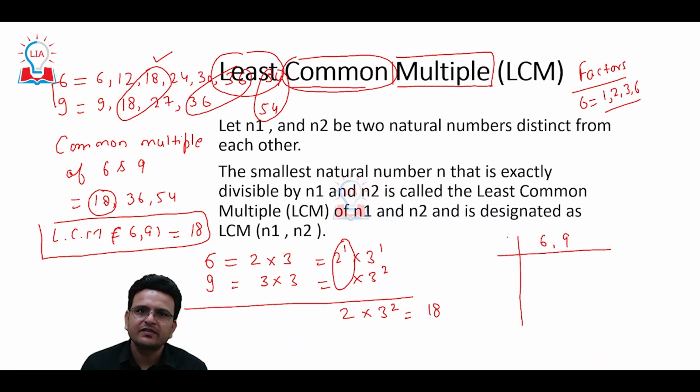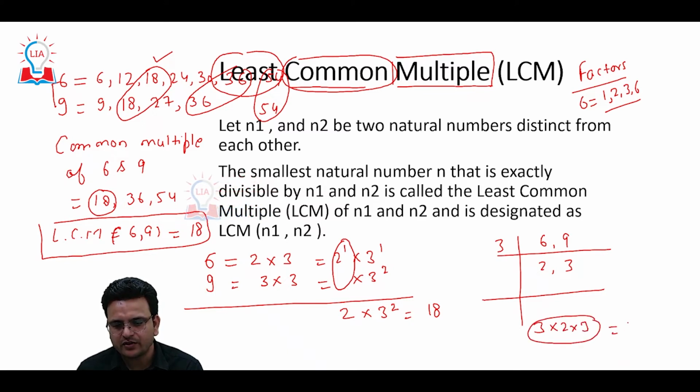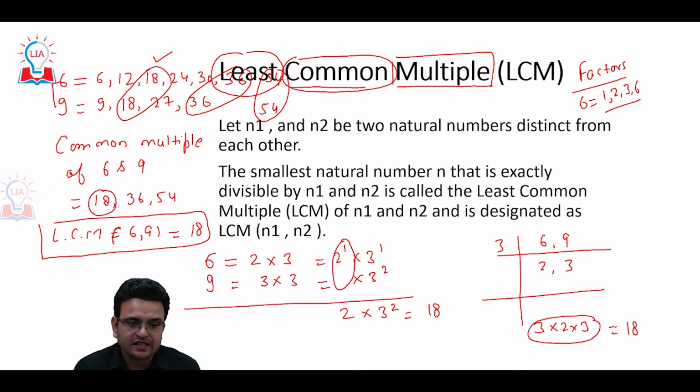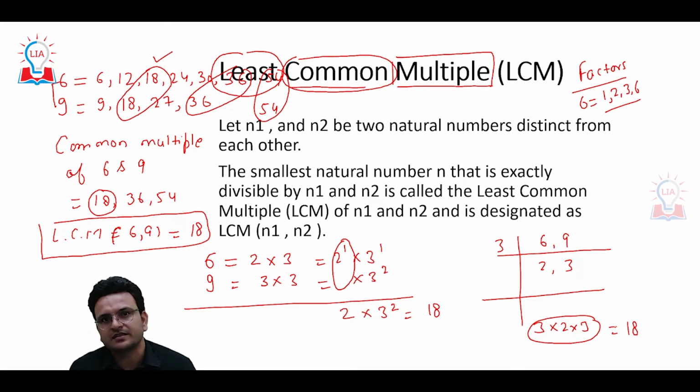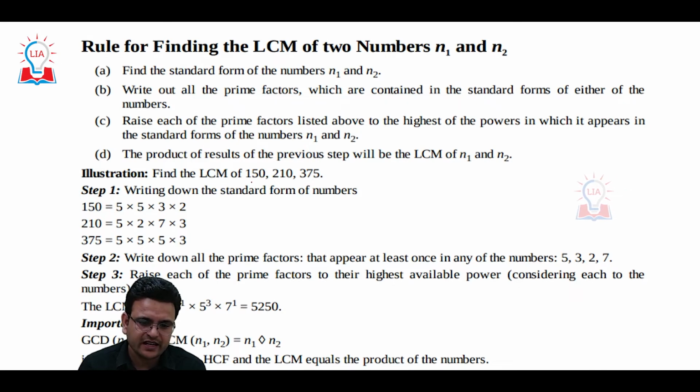Okay. The second way, you can get the LCM this way also: take 6 and 9, and take the least number which can divide both these given numbers. So 3 times 2 is 6, 3 times 3 is 9, then just multiply all these numbers 3, 2, 3 and we are going to get 18 as the LCM. So here we have understood what LCM is and how we can calculate it. Just remember, LCM is the number which is divisible by the given numbers, HCF is the number which divides the given numbers.